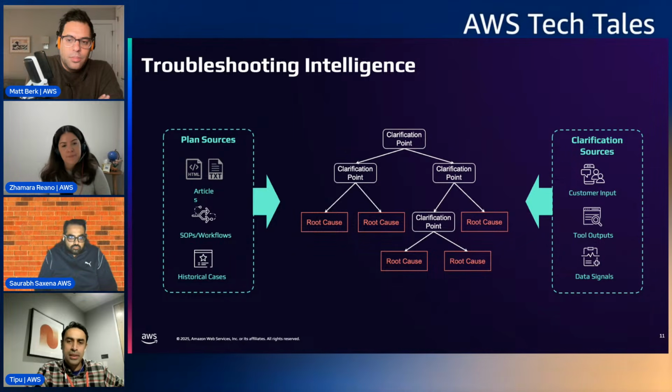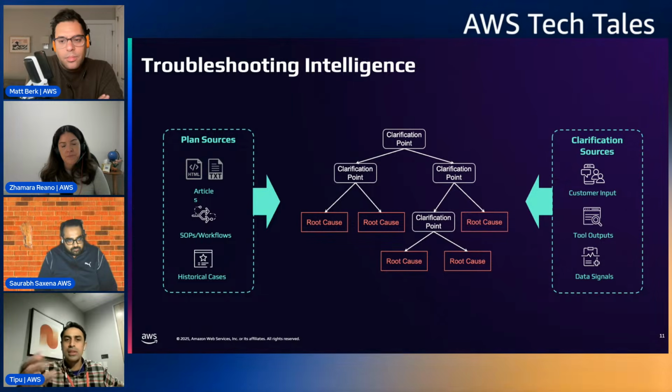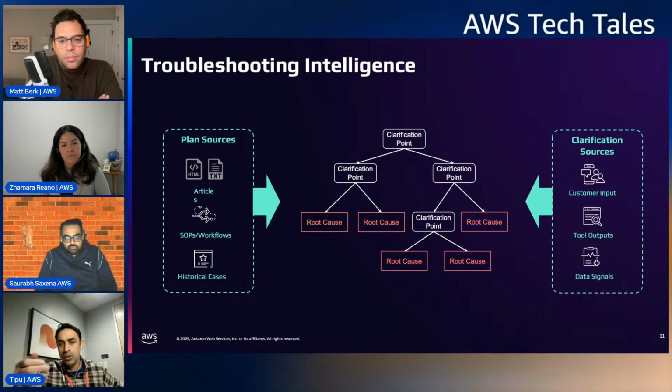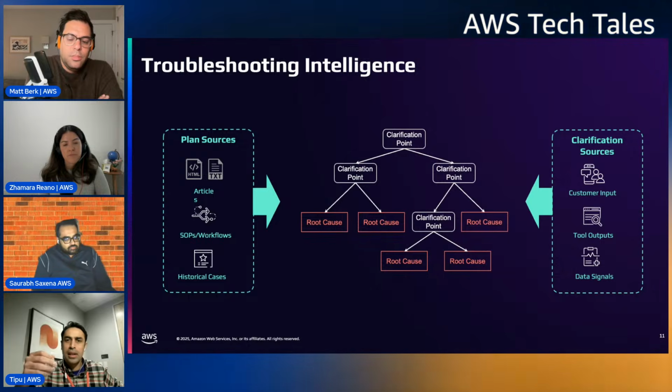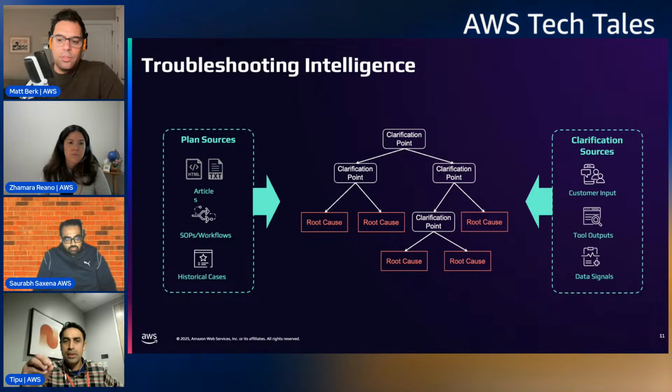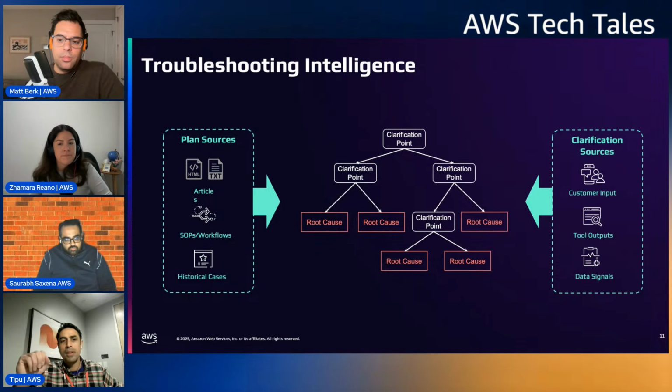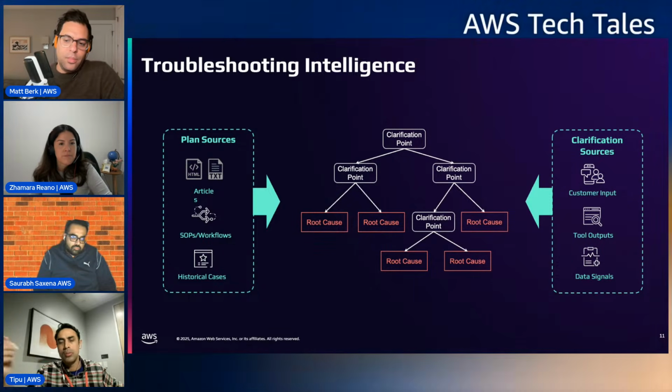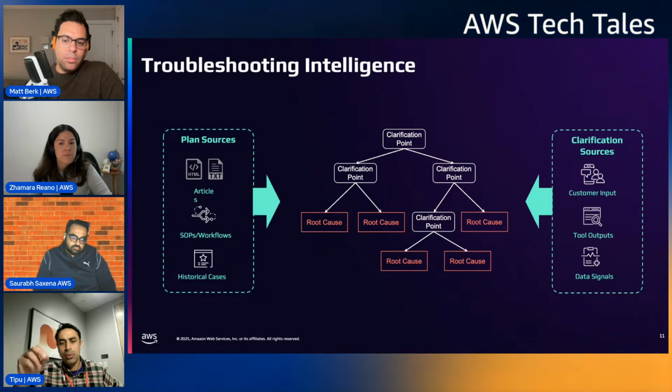So we built a system that is able to extract from our corpus of data and establish these data structures. When I say data structures, what we started with was a graph, which makes total logical sense because of causal inference and a lot of other goodies. But we have also tried other data structures that have had good success. The key thing though is that for each of these clarification points, the right tool integration is there. For example, if I say my Glue job is stuck, I can actually describe the Glue job and then get that data for that specific customer.